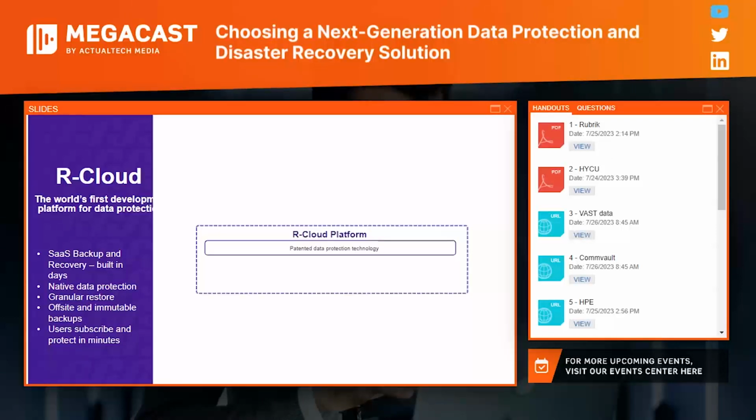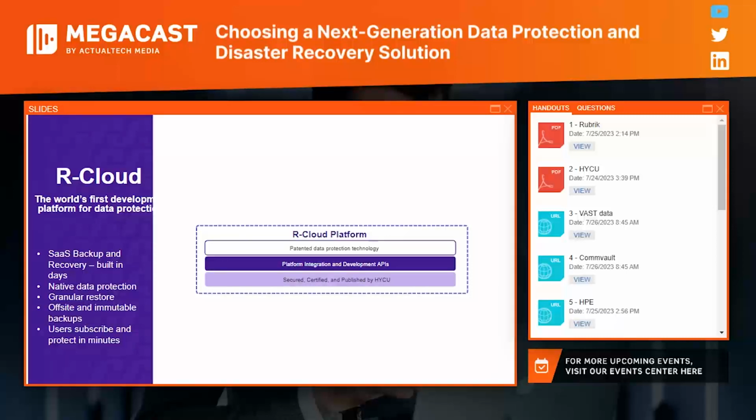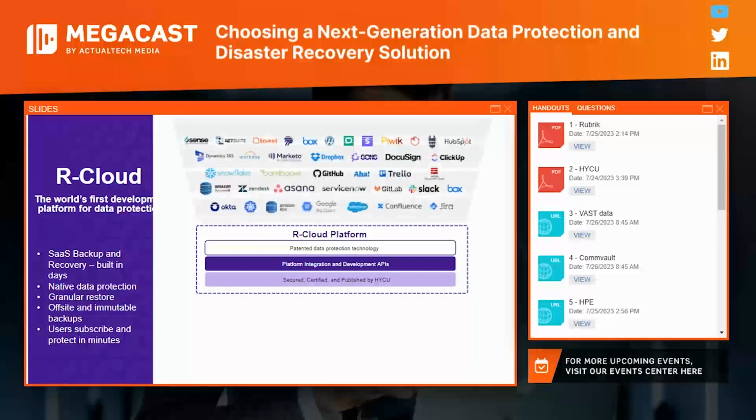So with rCloud, we provide really the development platform for SaaS and ISVs to integrate their platform with our data protection, all based on native APIs from our side and the SaaS vendor, of course, managed, secured, but also published by Haiku through the Haiku marketplace.